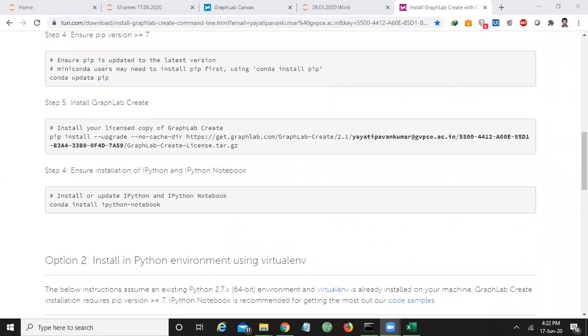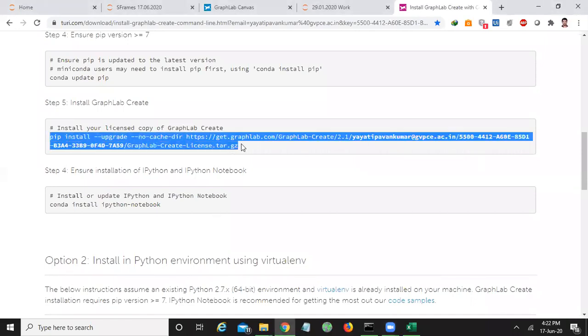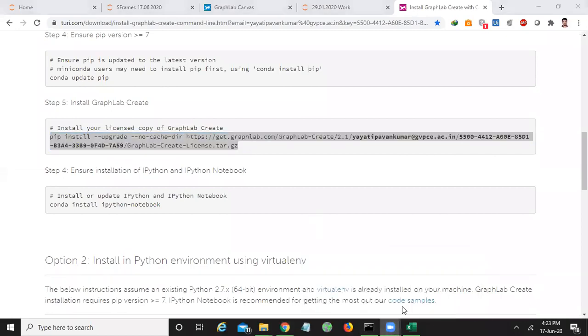Step 5, copy the command from pip install and so on. That means you have to copy this pip install command up to tar.gz.